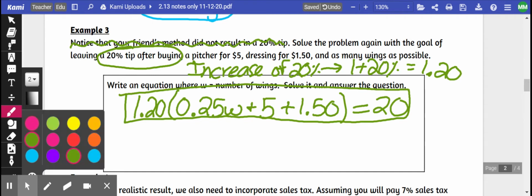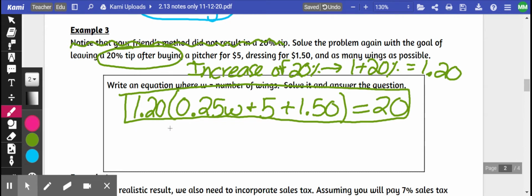Now we're going to go ahead and solve it. The first step to solve it is to look at what's being done to everything. And I can see that 1.20 on the left is multiplying with everything. So I'm going to divide everything on both sides by 1.20. And then that cancels out that. So I'm left with